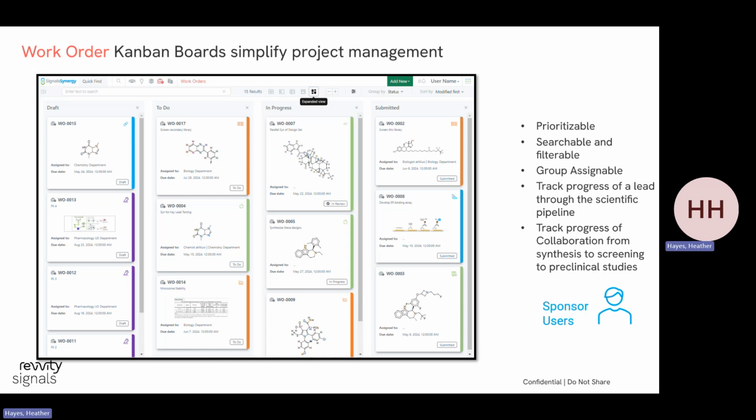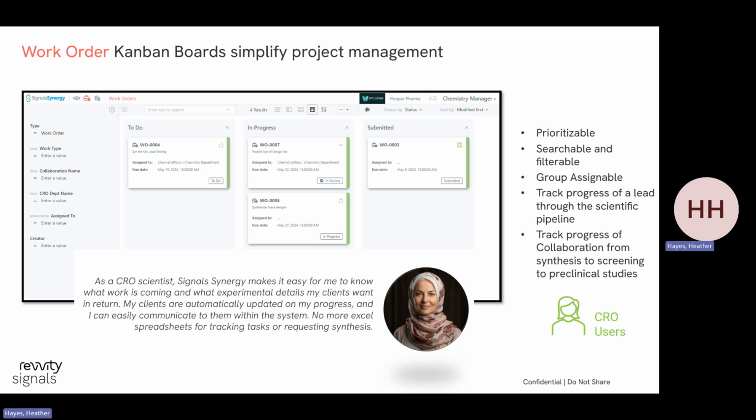You're able to filter these down to maybe just a CRO group you're looking for, or maybe one person you're working with, or maybe only the work orders that you've sent out. It makes it easy to track the progress of all the work through the scientific pipeline from synthesis to screening to preclinical animal studies. The CRO sees a very similar board that allows them to plan for what's coming up for them,